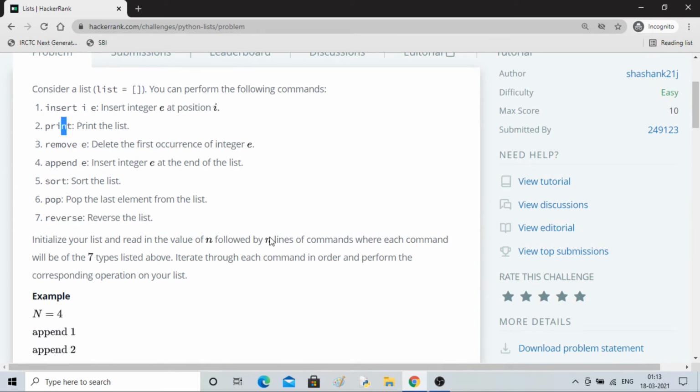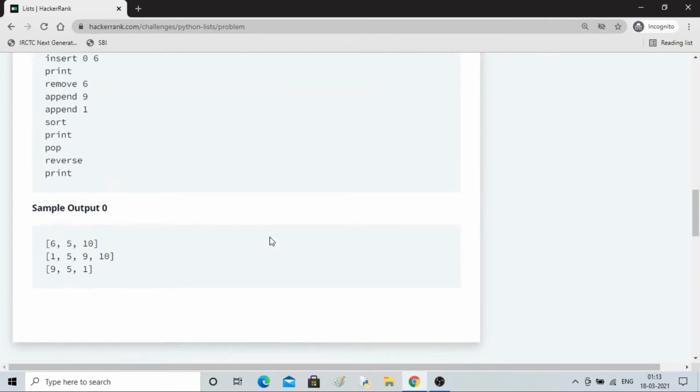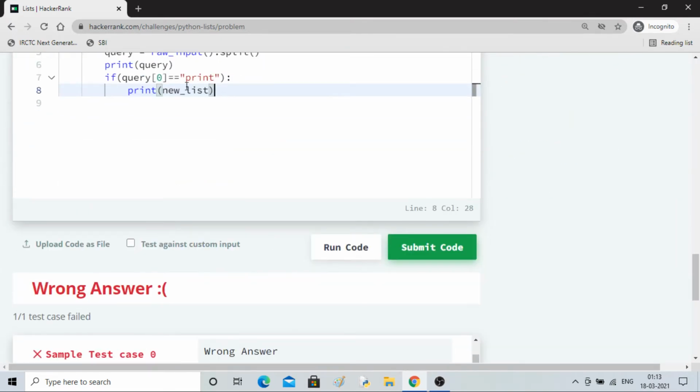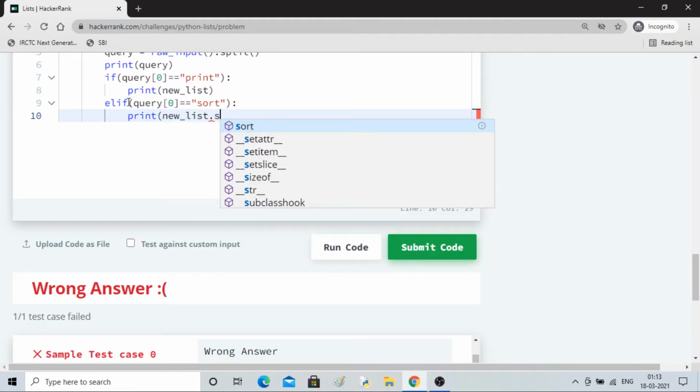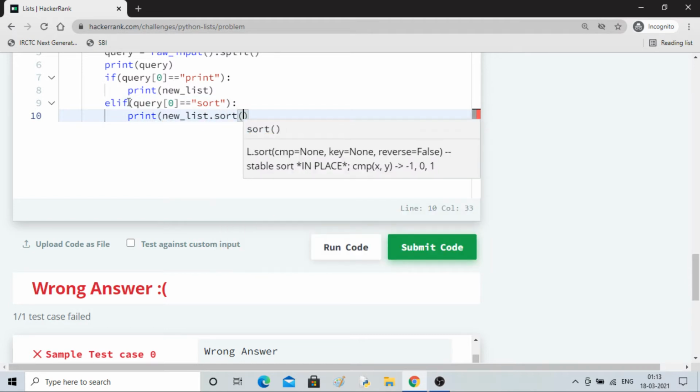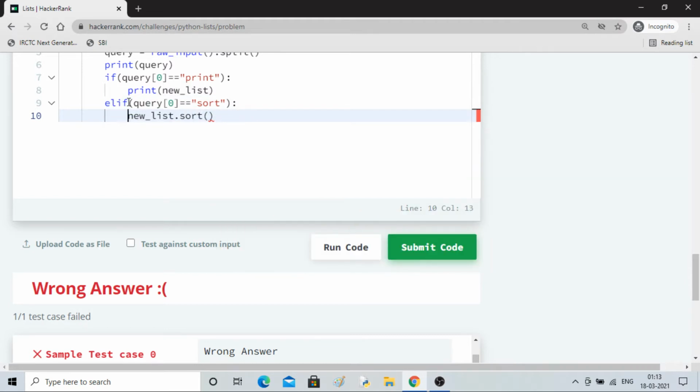Then print we have already done. So for sort, I'll copy this and use elif. This time we'll check for sort at the 0th element. If sort comes, it will sort the list. That's all we have to do.